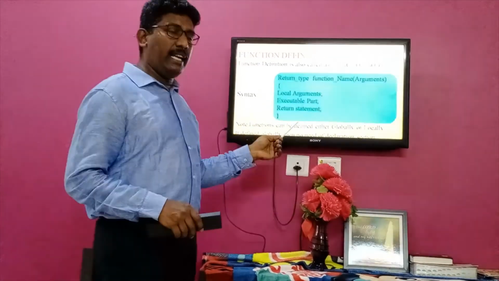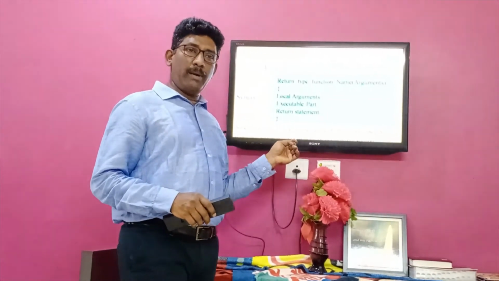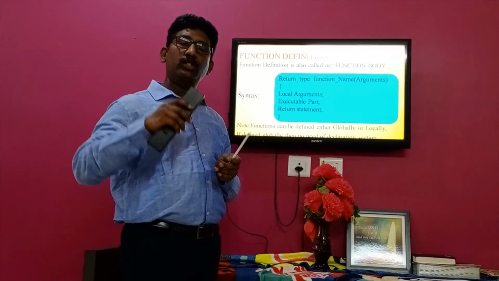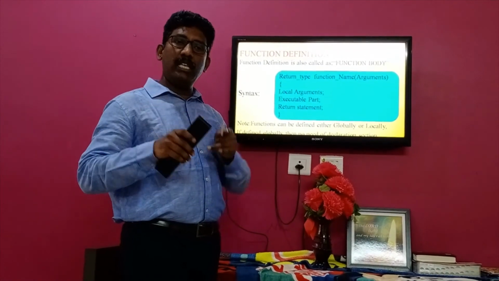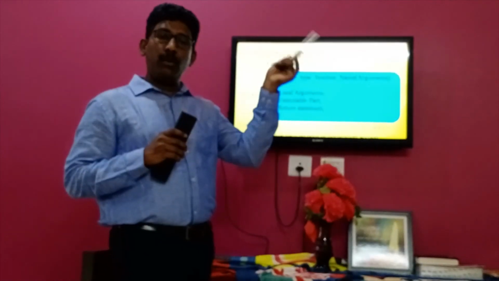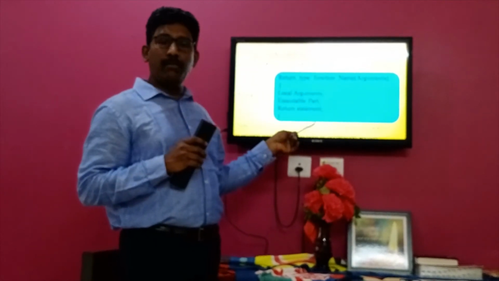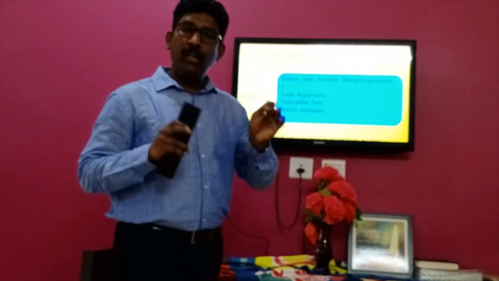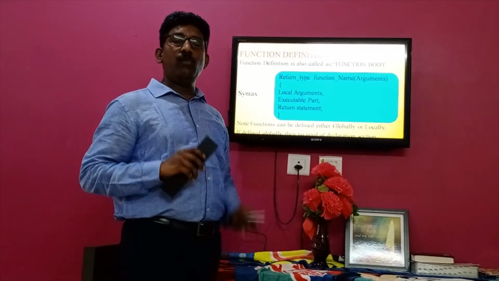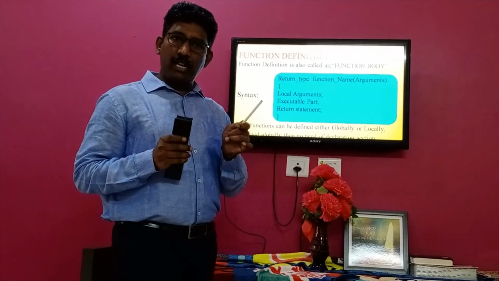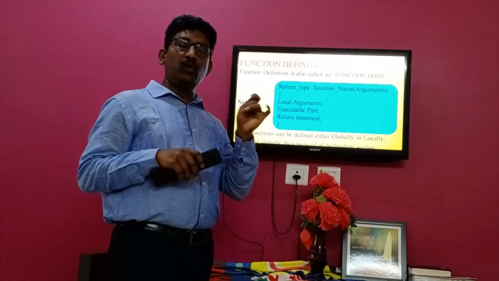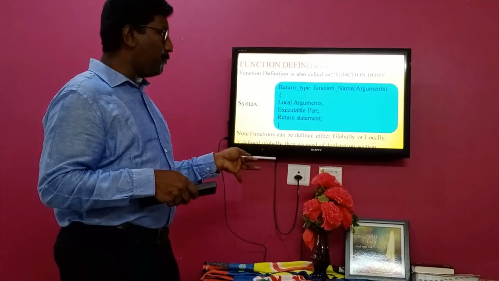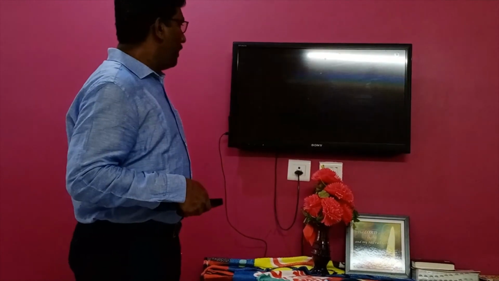So if it is defined globally, meaning before main, there is no need for a declaration part, no need to inform the compiler through declaration. Why? Because we already informed the compiler about that particular function by defining it before main. So if you want to define any function before main, don't use the declaration part. If you want to define that particular function after main, then use the declaration part. Please keep this particular point in your mind. We will discuss the same point with the help of an example, don't worry. Then coming to